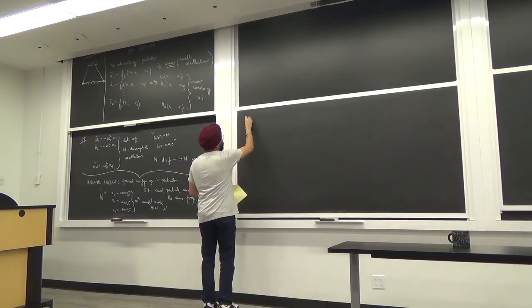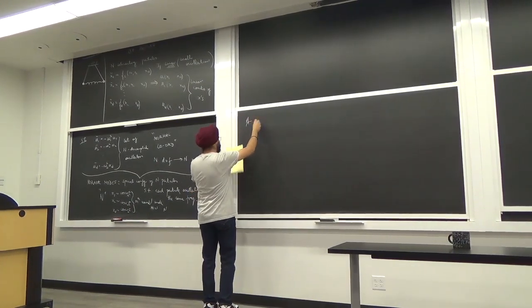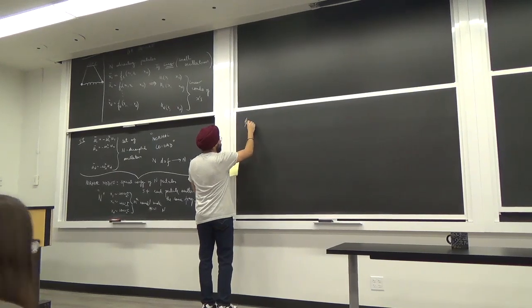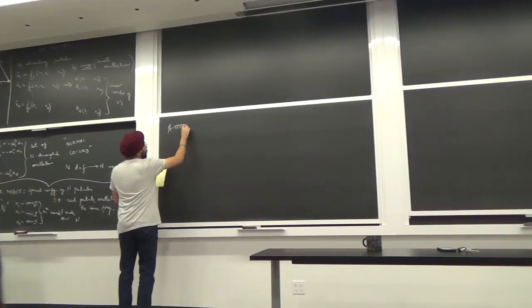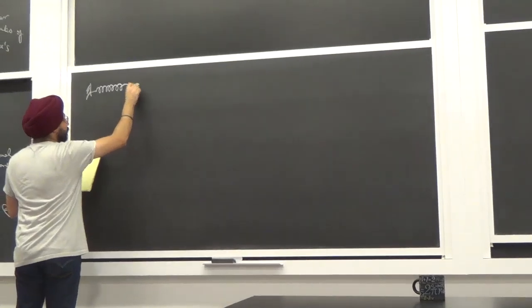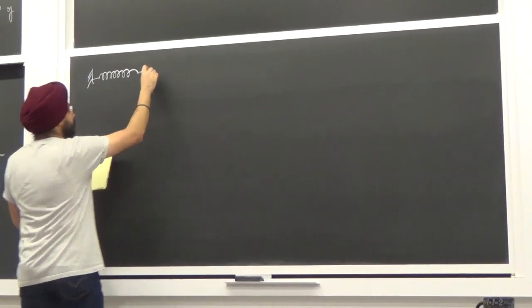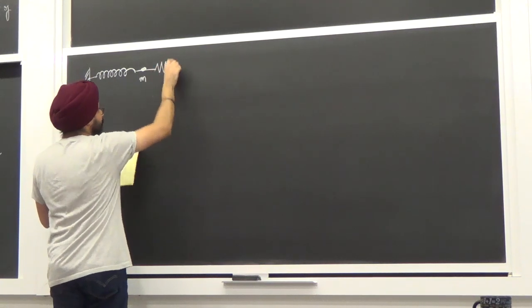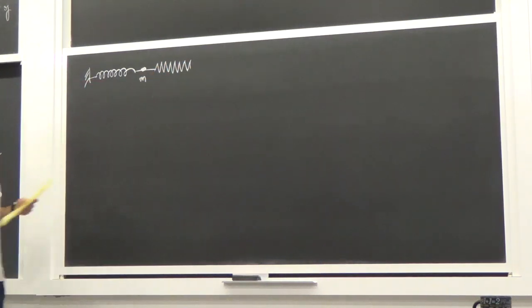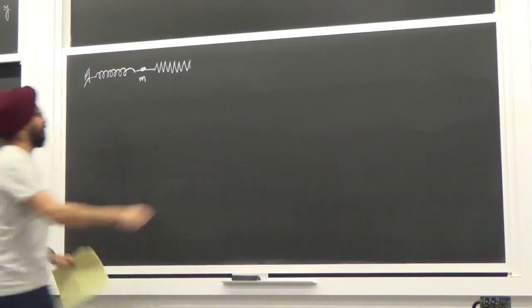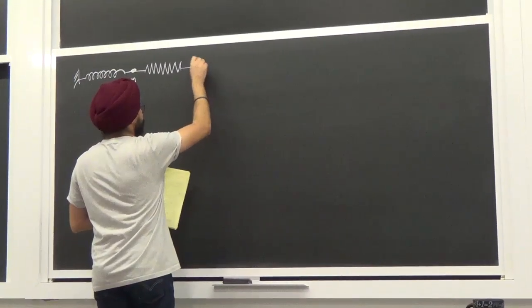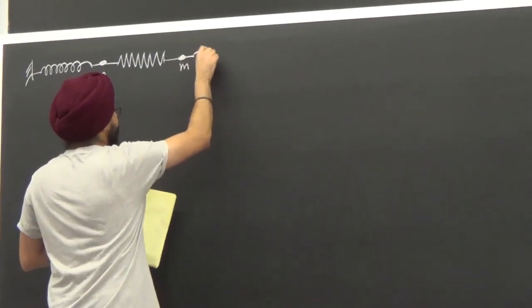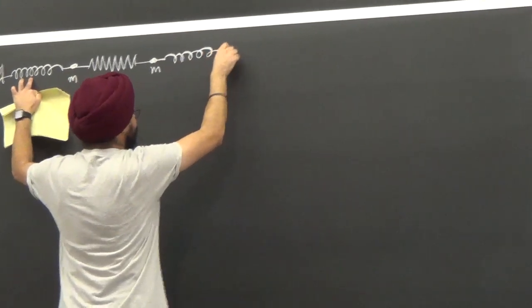So I have a wall, I have 3 springs and 2 masses. There is spring 1 and a mass, called mass M. Another spring which is different from the first spring, different spring constant. I'm going to draw it like a resistor, but it's a spring. There's another mass, M. Another spring with the same constant as the first spring, and the wall again.